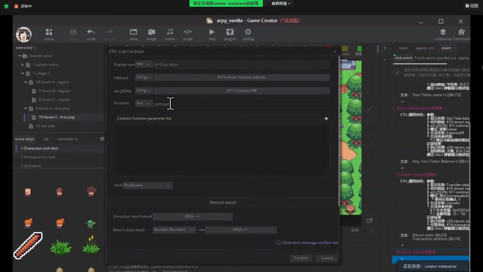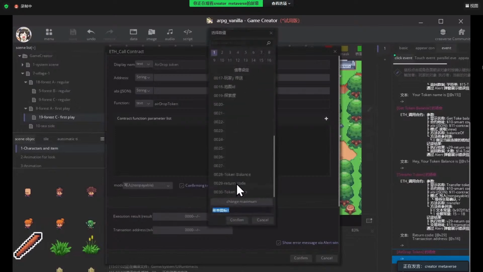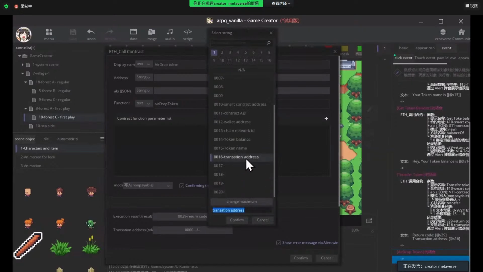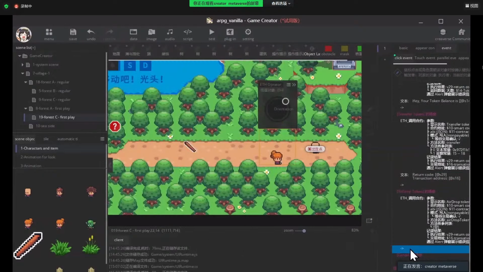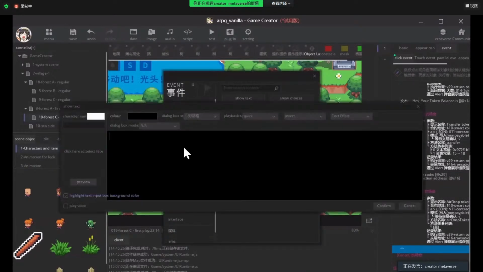In here it is airdrop token. There you go. And the mode is not read, it should be write. And we need to confirm the transaction and return the execution return code here and the transaction address here, and confirm. And after the airdrop finished, as usual, for the text here, return code.